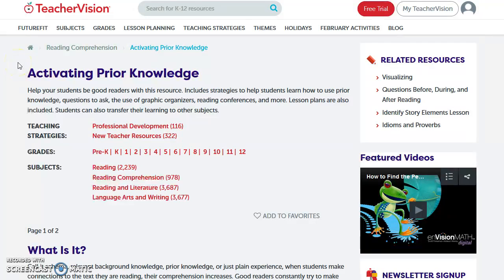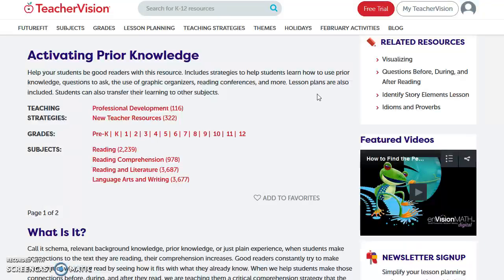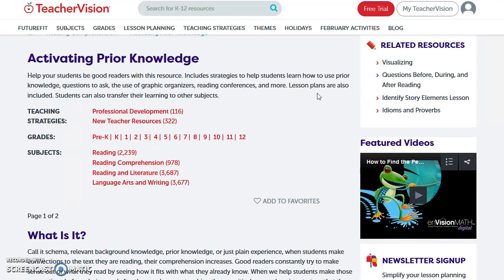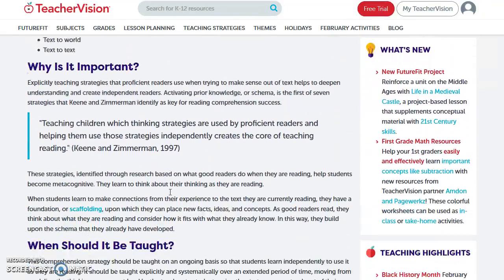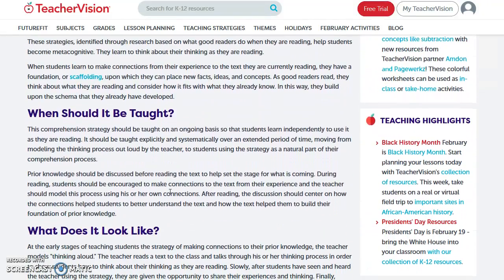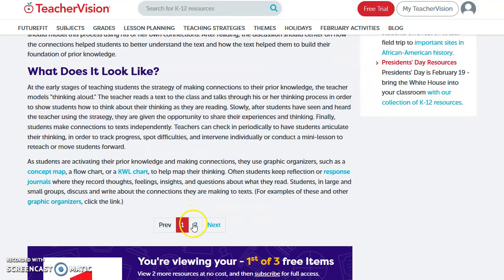So I found this really great website, and it is full of all kinds of resources, so we can kind of go through. This is a basic search of activating prior knowledge, and it comes up with all of these resources, and we'll go a little bit more into those in a minute, but it gives you your basic what is it, why is it important, when should it be taught, what does it look like, and then it even goes to another page